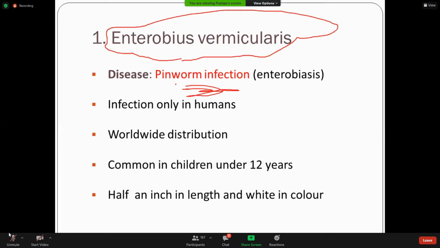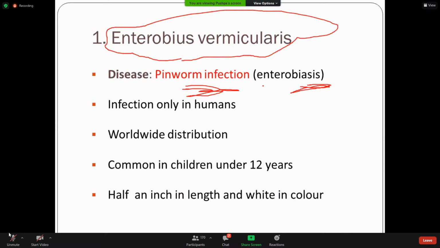The size is just like that. That is half an inch. The size is very small. And the disease will be ending with -iasis. Like this infection is called by Enterobius. So if someone is suffering from this worm infestation, we will call it as Enterobiasis,